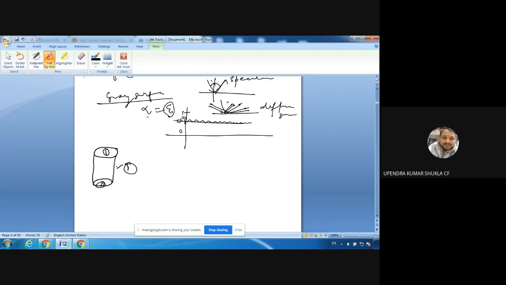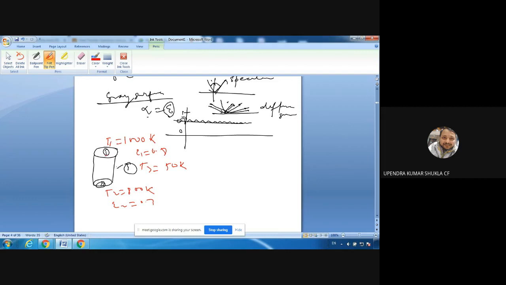Let's visualize with a different color. Suppose surface 1 has a temperature T1 of, let's say, 1000 Kelvin, and surface 2 has a temperature T2 equal to 800 Kelvin. Epsilon 2 is equal to 0.7 and epsilon 1 is equal to 0.8. T3 is, let's say, 500 Kelvin. Surface 1 is at the highest temperature of all three surfaces, so it will emit radiation to a higher extent.